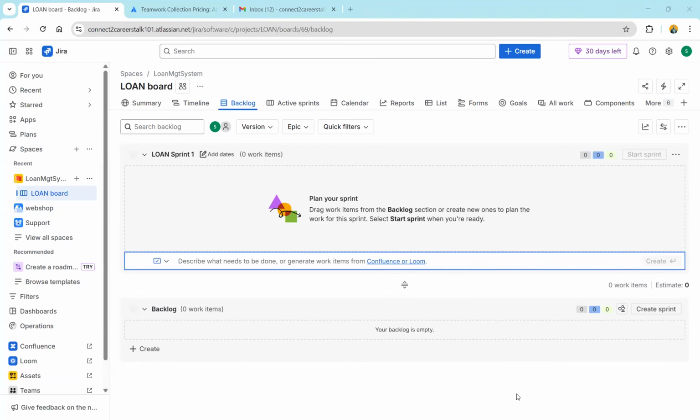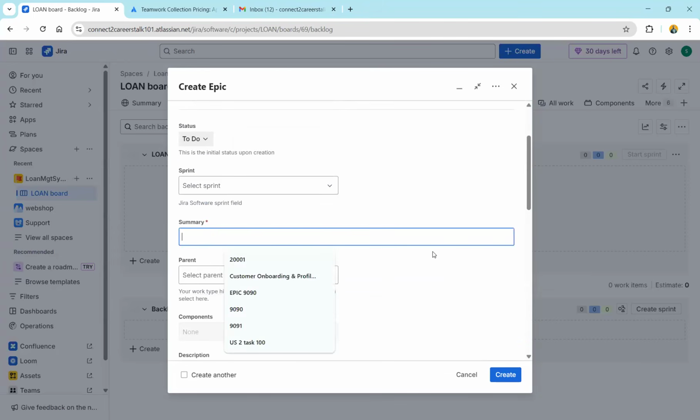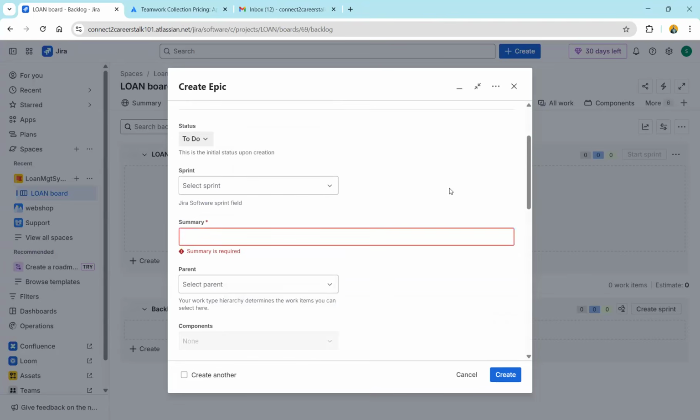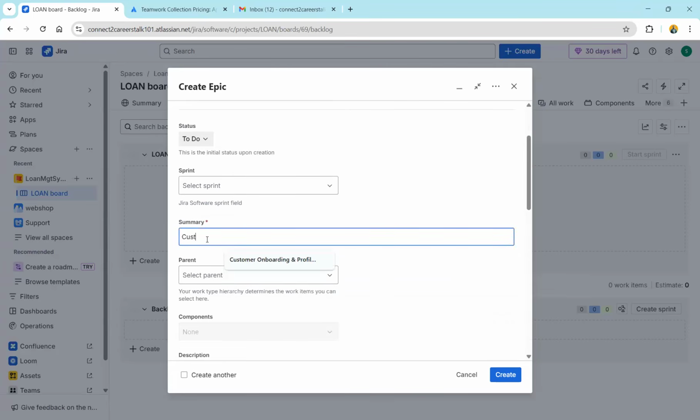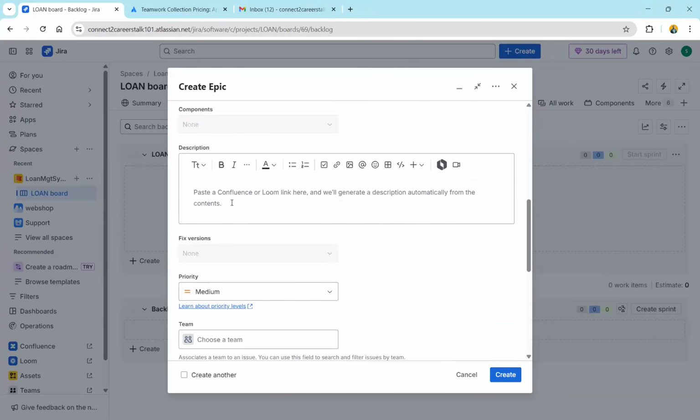So let's create an epic, a story epic. And let's say we want to create a customer onboarding, customer onboarding profile management epic. So that's there. And we also put some description. The description can be anything. So for example,